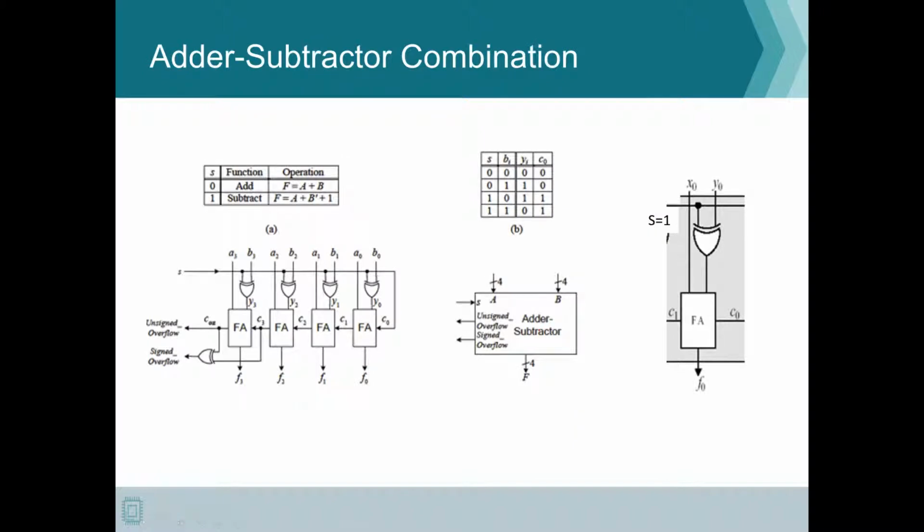Next, we see an adder-subtractor combination. It is actually possible to build an adder-subtractor combination by modifying our ripple carry adder, as you can see here. And over here, we are basically using some XOR gates. By using these XOR gates, what actually happens is that we can